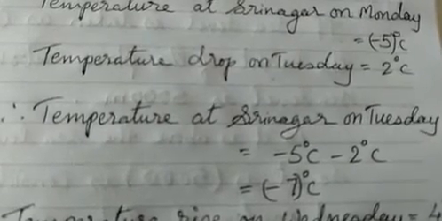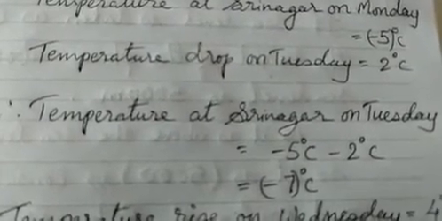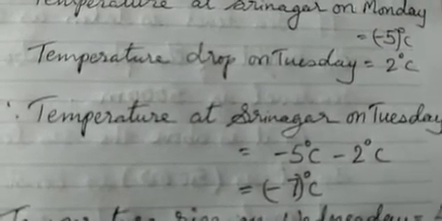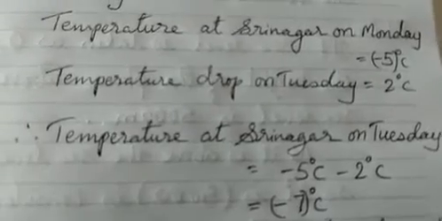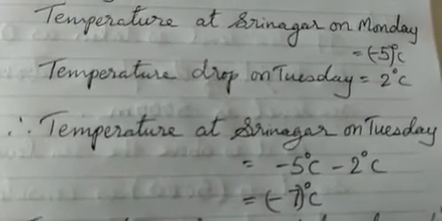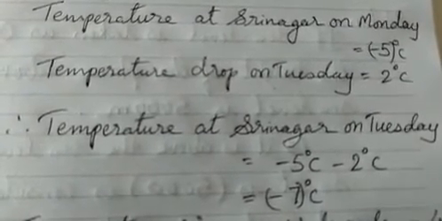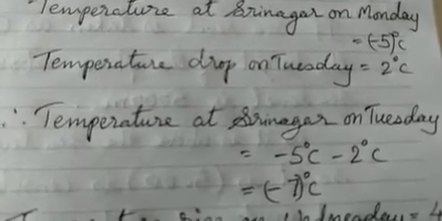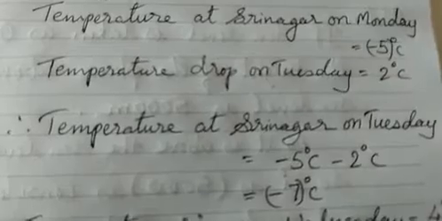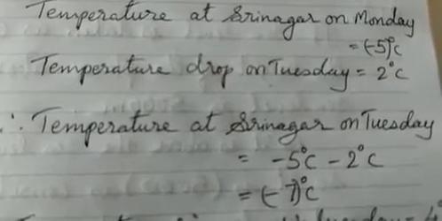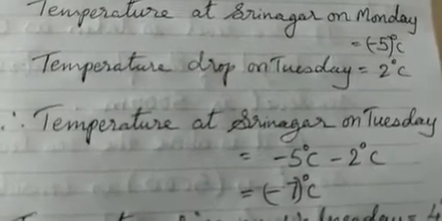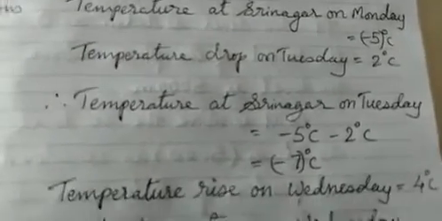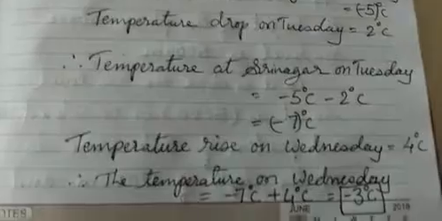What is the operation we carry out here? We carried out subtraction. We found out the difference between the two temperatures on Monday, and after the drop of temperature, what was the temperature on Tuesday? We found out the difference. Difference means we subtract. Okay, so we subtracted, but as both the numbers are negative, we added it and put the negative sign to the answer.